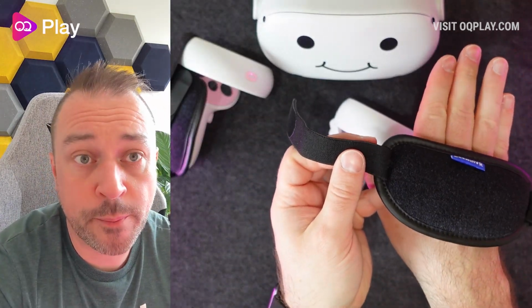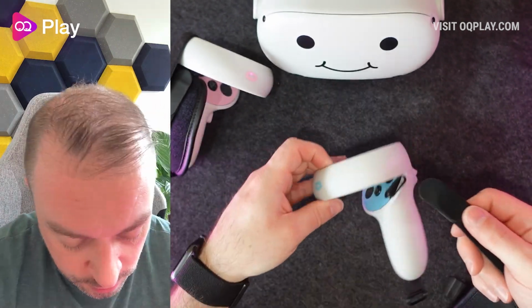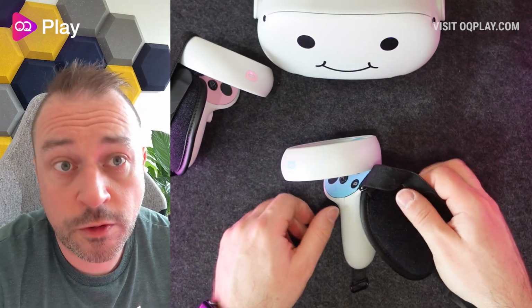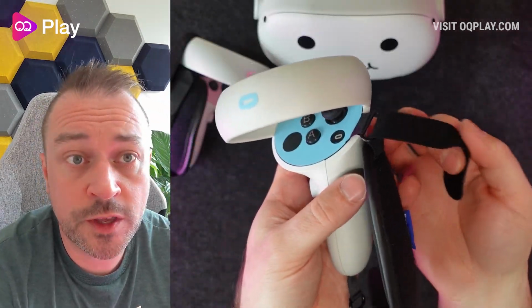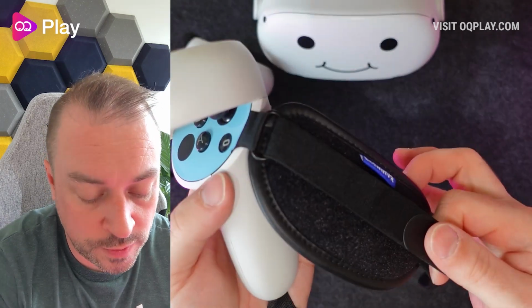So it's like that basically. So this basically means for the right controller, this is the top end. So we pass that through the loop, and then we stick that down. So another tip is do this side first and get that as far up as possible and then attach it